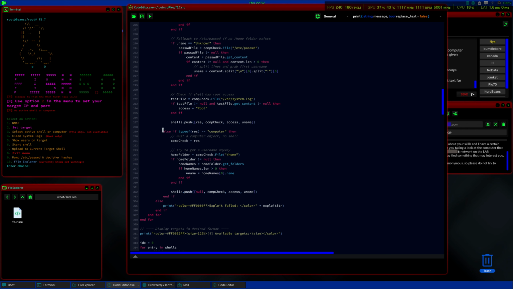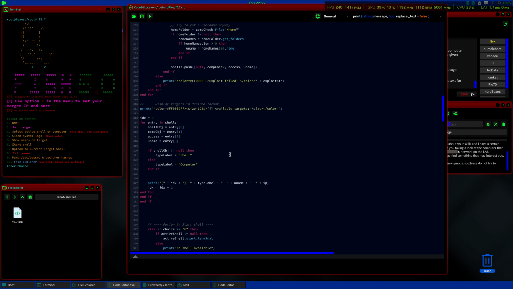So anyways, it'll check if it's a computer type or a shell type and then label it that. And then this is where it displays the targets in my desired format. Right here. It will print